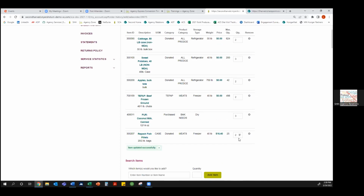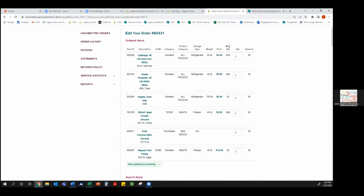The one thing I want to note quickly that I forgot to mention on the other screen, so you'll see that there is a maximum quantity available. So that is the quantity that is currently available for your specific appointment day that you have selected. So for example, we have 42 totes of apples available on that specific date. This would also directly correlate if we had limits on a product for whatever reason. So if we were putting some limits on some of our T-fat protein, we would see max quantity could be 10, and you wouldn't be able to order